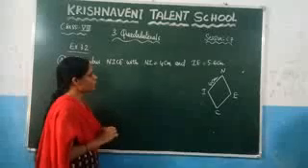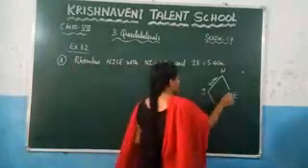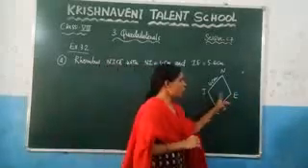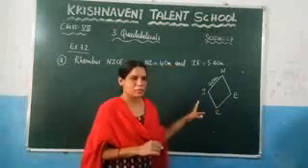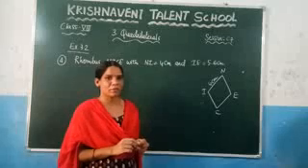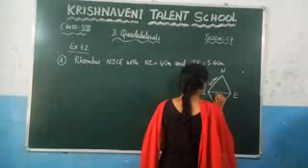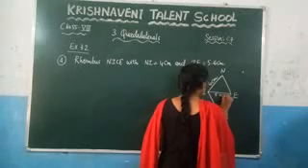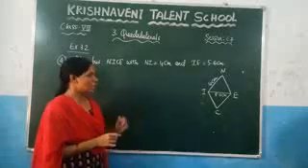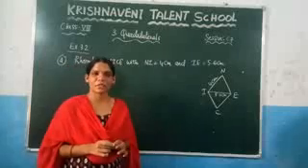And what is the next one? They have given IE, which is 5.6. So what is IE? It is nothing but the diagonal they have given. You know that if you join the opposite vertices, the line segment formed by joining the opposite vertices is a diagonal. So they have given the length of the diagonal, which is IE. Write it here: IE is 5.6 centimeters. So in this problem they have given one diagonal and the length of one side, and you need to find the lengths of the other 3 sides.